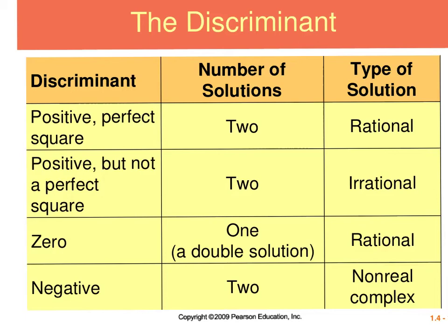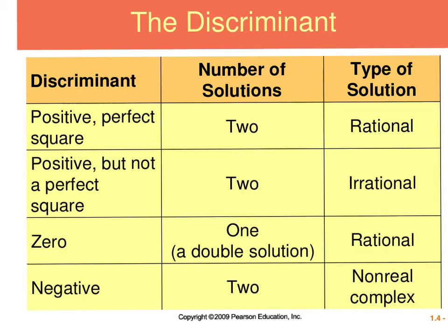All right, this chart gives us the number of solutions and type depending on what you get for your discriminant. So if I have a discriminant that is positive and a perfect square, so 4, because 4 is a perfect square, 2 times 2, or 49, 7 times 7, then I have 2 solutions and they are rational. If I have positive but it's not a perfect square, 1 is a perfect square, but 3 or 5, then the number of solutions is also 2, but they are irrational